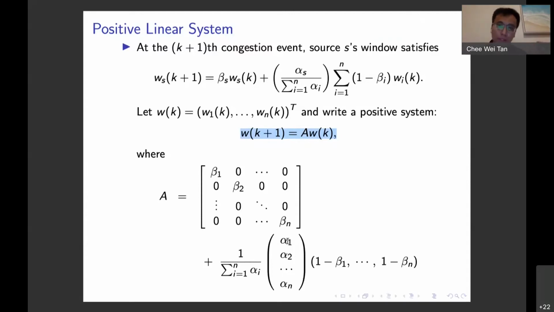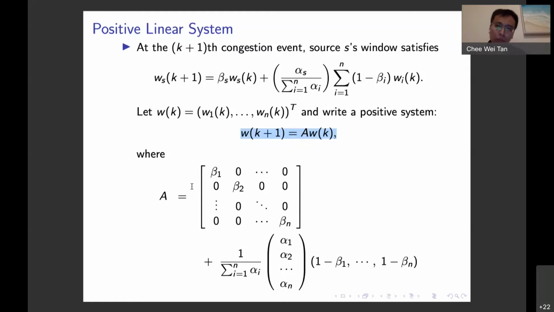Here I make it more general: you can allow each source to increase by an arbitrary amount, and each sending source can also decrease by an arbitrary amount. For example, this beta would be between 0 and 1. The conventional TCP will be, say, half. Now, once I have all these things put together in this matrix,